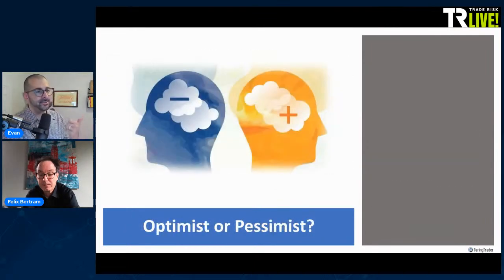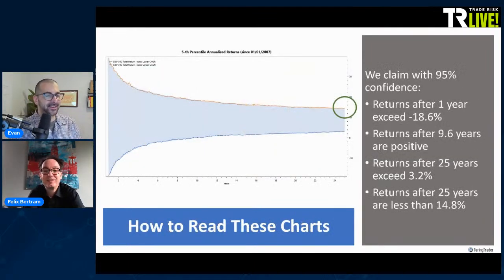So I do want to just, if you flip back to that one there, just for the audience listening, because I love this. I'm half terrified when I see this chart, because when you really look at the potential distribution of outcomes here, and you see something like that after 10 years, you can be confident that you would have a positive result holding the S&P 500 with a 95% confidence ratio. That's a little scary, right? But it also explains why we do what we do in terms of managing risk and trying to, I'll say, smooth out returns.